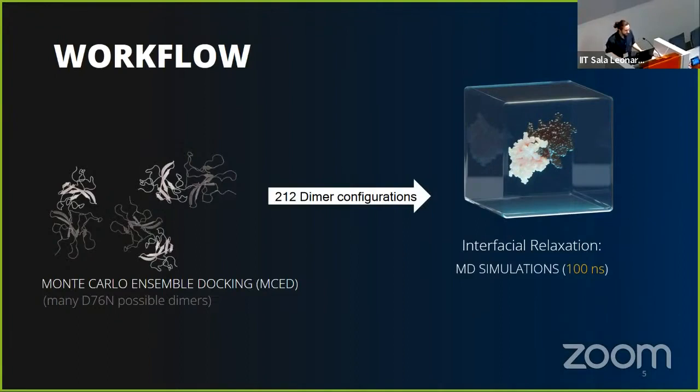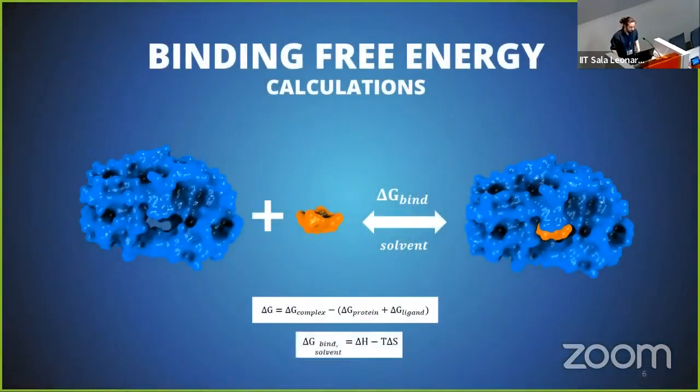So there are many metrics we can follow during MD simulations. However, maybe the more direct one would be actually to calculate their binding free energies. So how can we calculate binding free energies? It isn't trivial to get directly this delta G of binding in solvent, but of course, there are many methods that we can use, and that in this conference have been mentioned and overviewed over and over again. So I'll just briefly talk about a few ones.